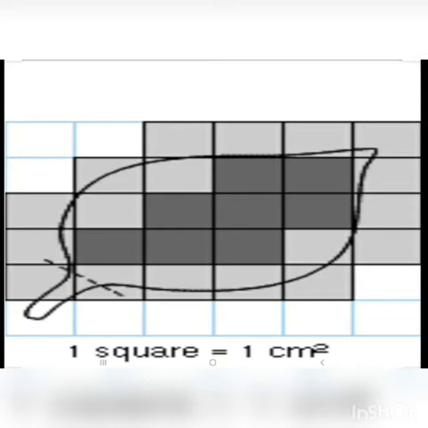This is not the actual calculation. We cannot say this is the actual calculation, but a calculation which is near to its area. We are dividing this leaf into equal square units, keeping that leaf on a square paper, and we are counting the squares. So we got approximately 13 square units. So the area of this leaf will be 13 square units. So by using this method we can find some figures' area.